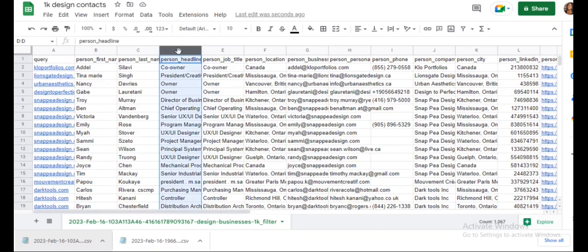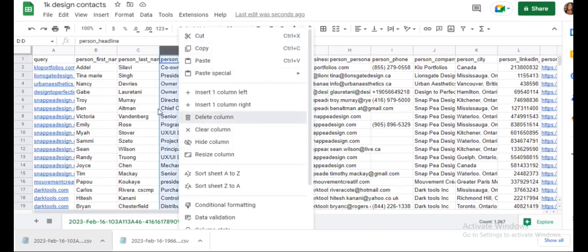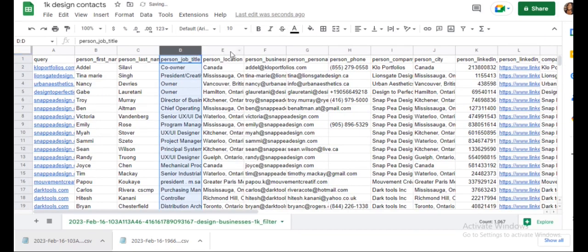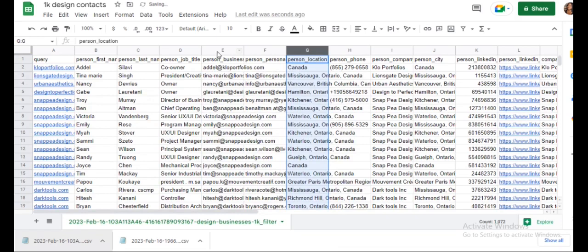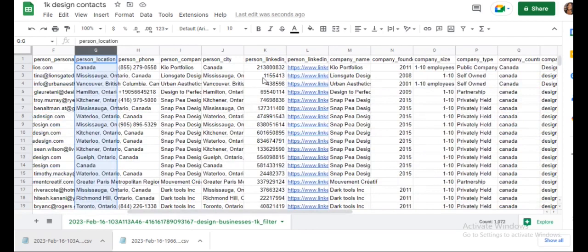I'm going to remove headline because it's the same as job title. I'm going to keep the person's business email and also keep their personal email. Leave their phone number, the company name, because that company name is going to be important. We're going to leave the location for now.